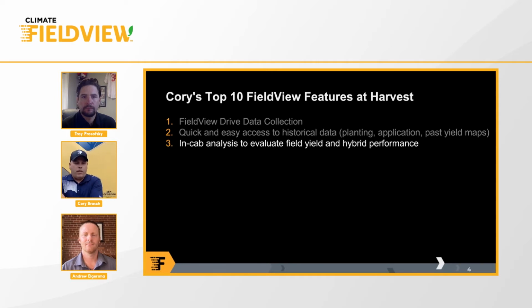Third is in-cab analysis to evaluate field yield and hybrid performance. In-cab analysis is very important. We see lots of variability across the fields and across the farm. Obviously, we've taken the time to get the crop this far, and we do take a lot of time after harvest to look at this data, but let's face it, we spent so much time getting it to this point. We want to see some real-time data. We want a report card. We want some validation of what we've done all season. And so we're able to view yield and moisture differences between our hybrids and the trials that we're doing in the field.